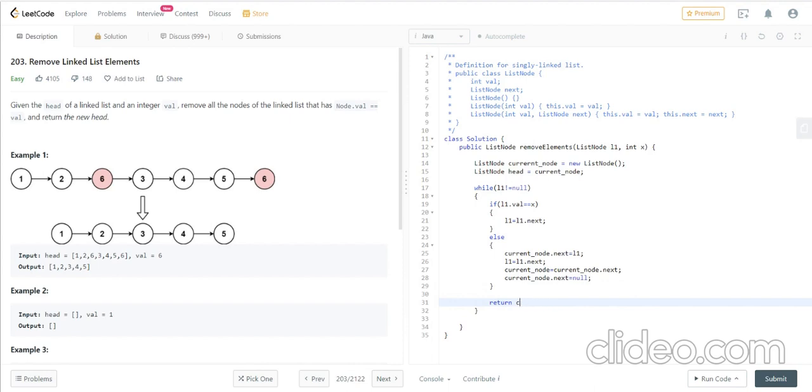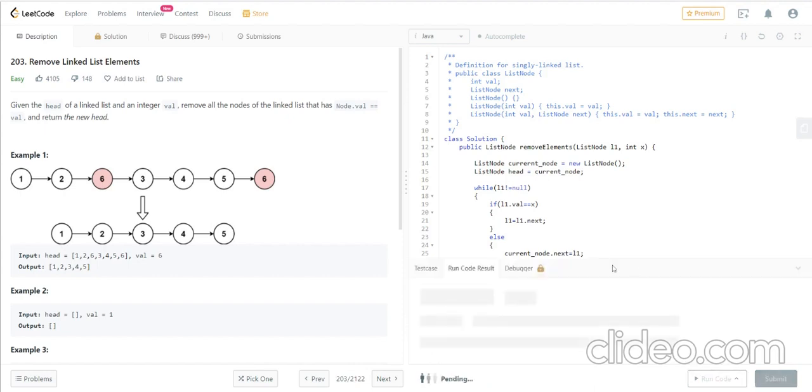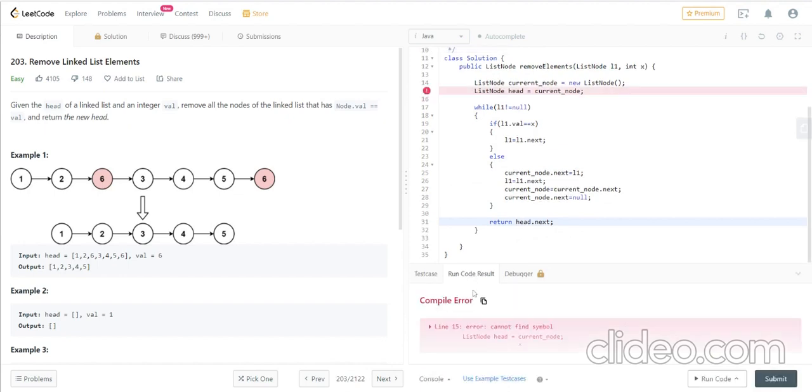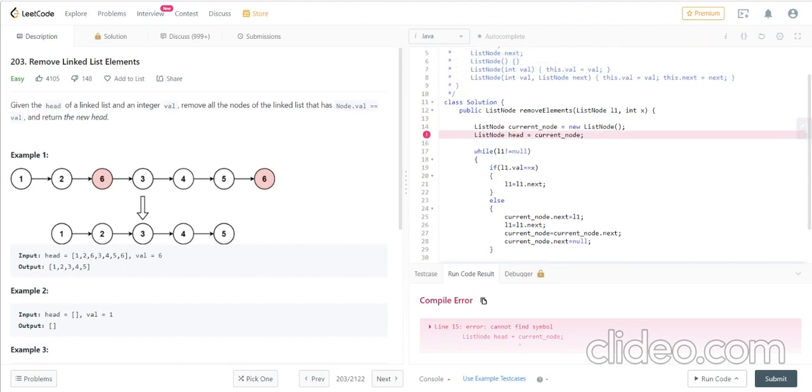Oh, no. If I'm returning current node.next, it will give null because we are iterating over to the last value. So we are returning head.next. So if I run it, it says cannot find symbol current node.